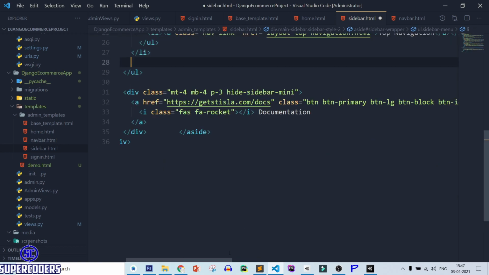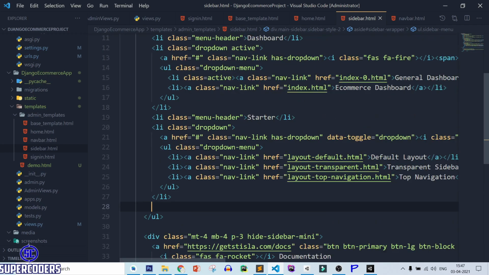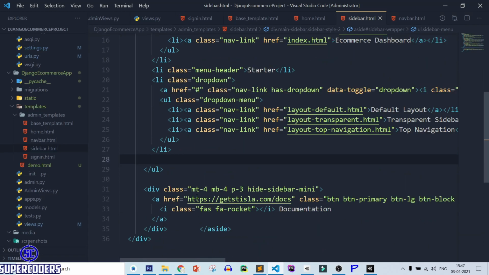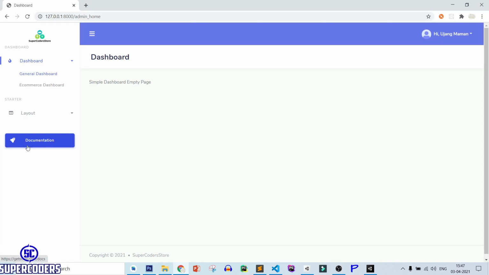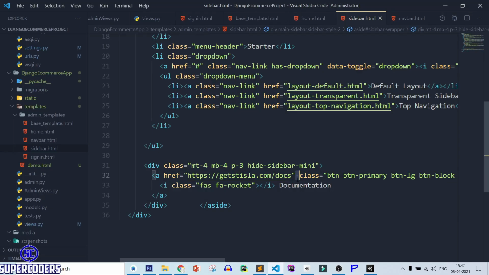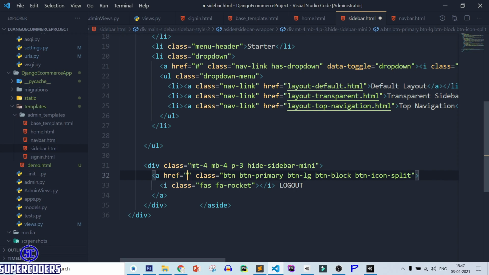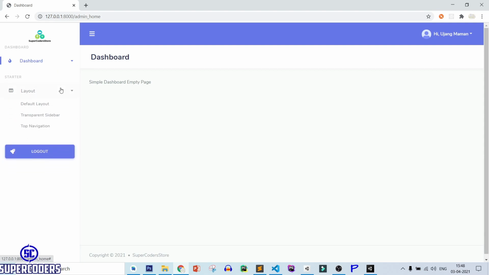Remove it, save it, refresh page, and you can see all the menu has been removed. And here is button, one more button. So let's leave this button. I think we will use this button in future. For now, let's give name logout and URL hash, save it, refresh. So you can see I added a simple 2 menus for now.